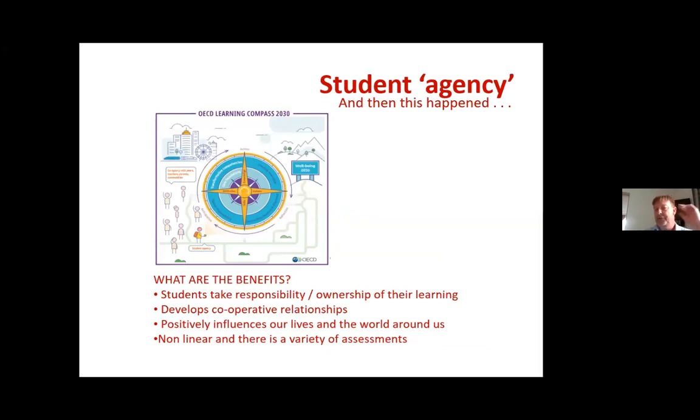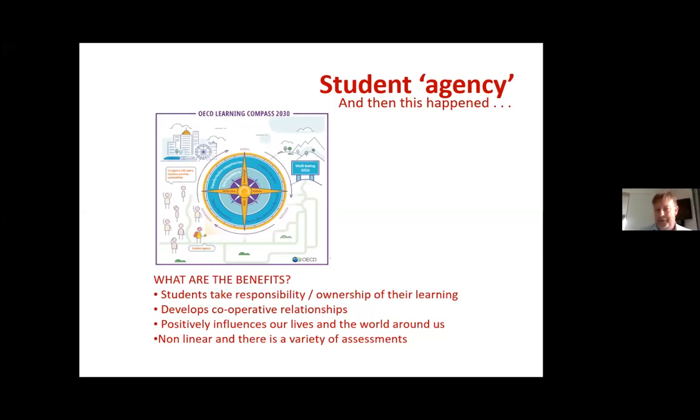And the teacher-student relationship has subtly changed. It's looking to help students to develop cooperative relationships. And there's a lot more emphasis on pair work and group work. And this gives the teacher an issue in terms of how to evaluate the contribution made by individual students to pair and group work relationships. It's also looking to give students agency whereby they have a positive influence in society.